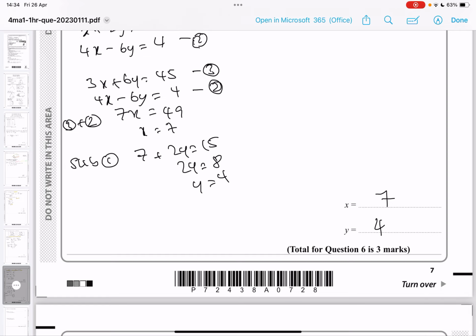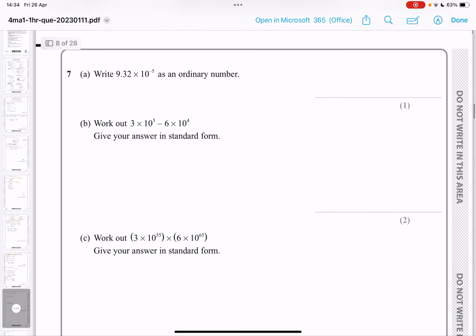Next question. Write 9.32 times 10 to the minus 5 as an ordinary number. Okay, so if it says times 10 to the minus 5, what we're doing is we're moving the decimal place 5 places backwards, okay? So that'll give you an answer of